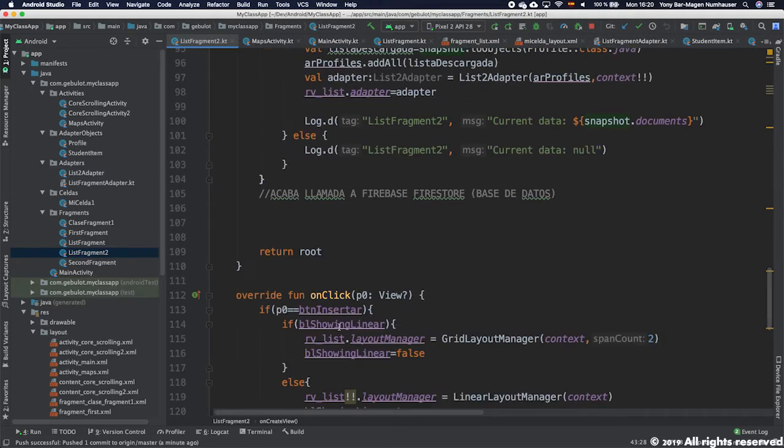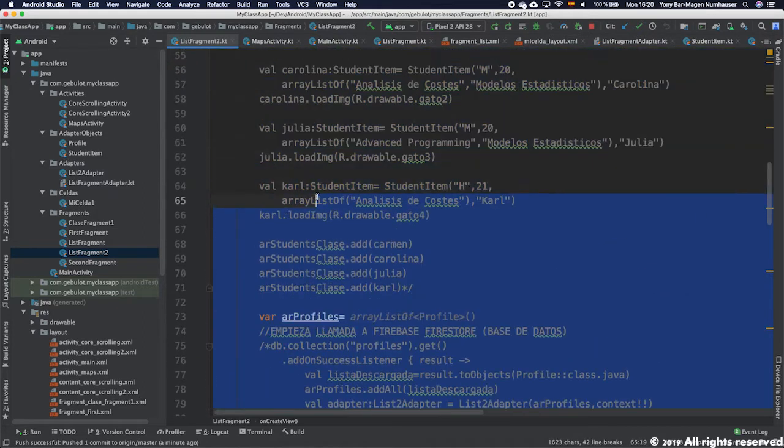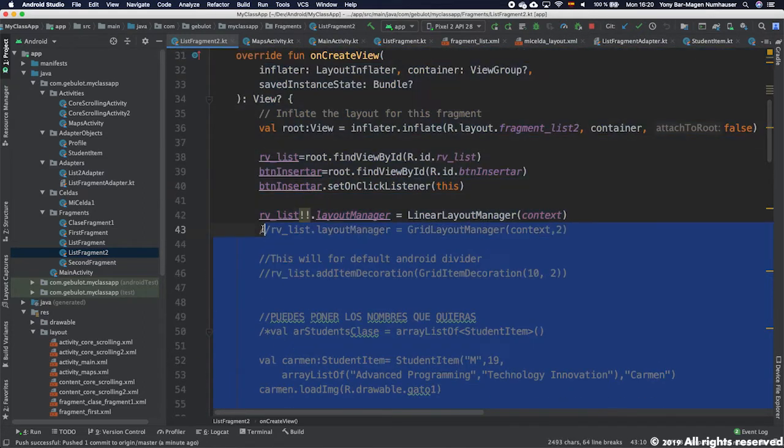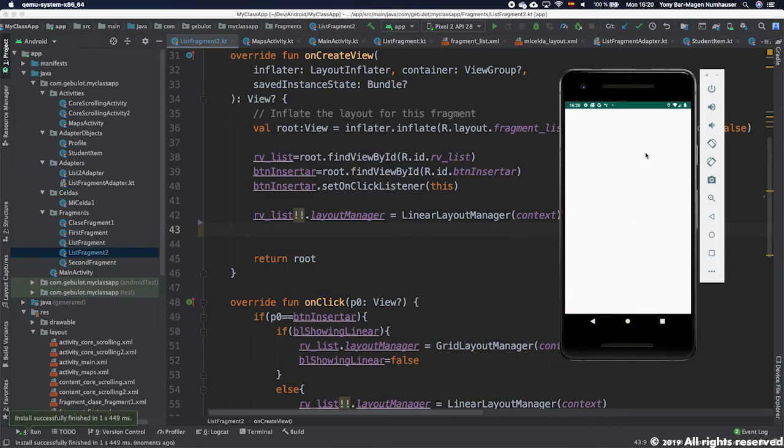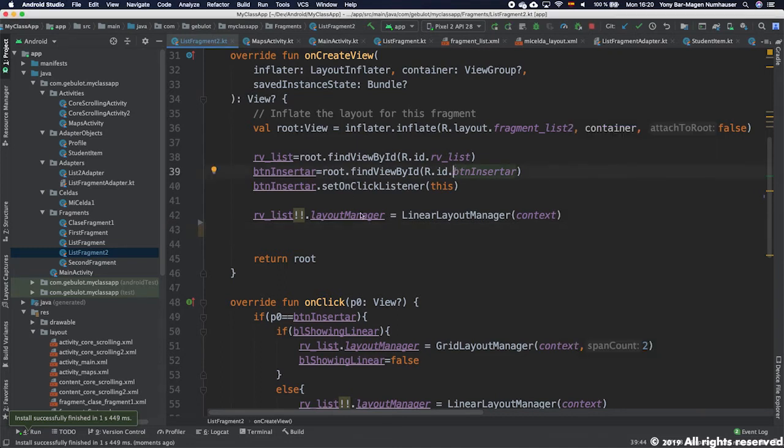First of all, I will take out all this here, and I will keep it clean like that. If I execute the app now, the only thing that we will see is an empty list. There won't be anything on the screen. As you can see, nothing. And now we have to work again